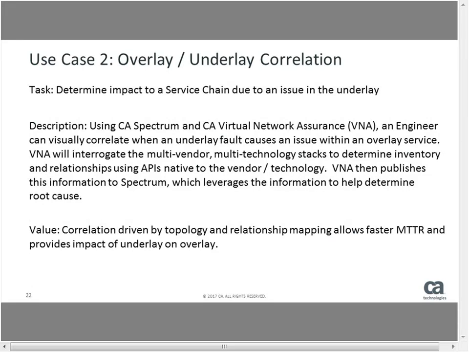And then when you have that end-to-end view, Spectrum can do its magic, perform the root cause, perform the correlation, and tell you what's wrong and what the impact is because of that. And I'll show you in a while when I open my OneClick and go through those views for you. So these were the two primary use cases which I wanted to bring into the picture and give you the importance that it's very important in an SDN world that you have that kind of visibility and ability to pinpoint